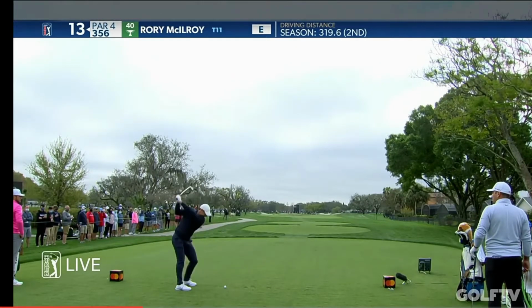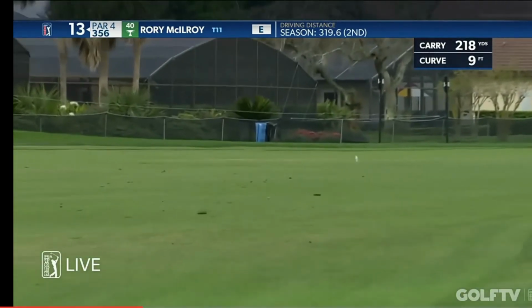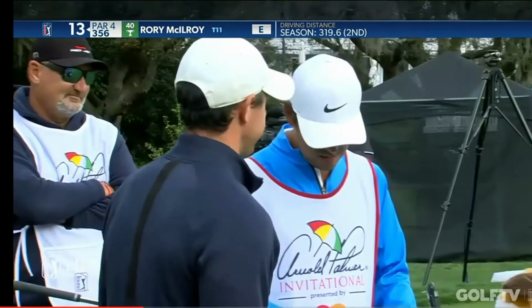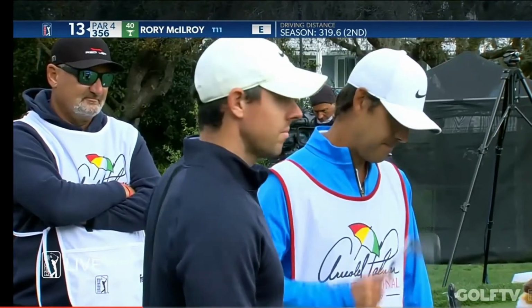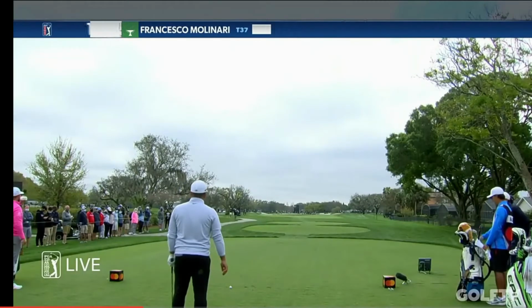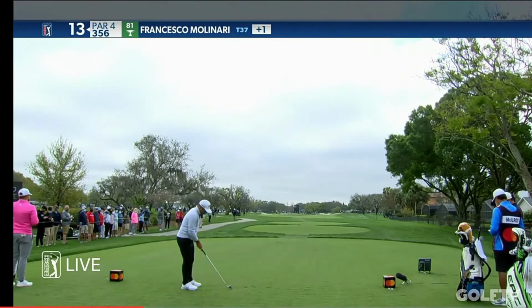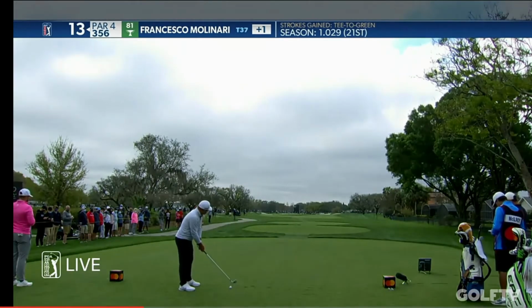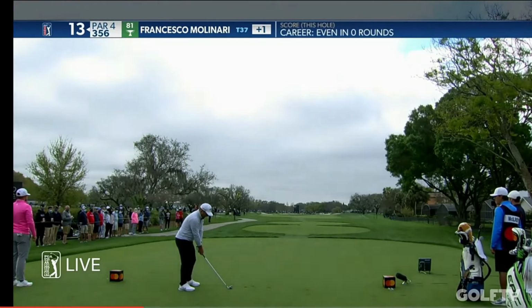Rory longer, of course, than the other two of the group. This right up the center. Yeah, and Robert, I think the important thing on this hole, obviously, is positioning in the fairway instead of that nasty rough. But with that front hole location, I don't think you force it down there too far, so you can really control the distance on that second shot, trying to be as precise as you possibly can. It is slightly downwind too, Craig, so if you get a little too close, the spin and holding it may be an issue where you'll just have to throw it kind of towards the back of the green, but